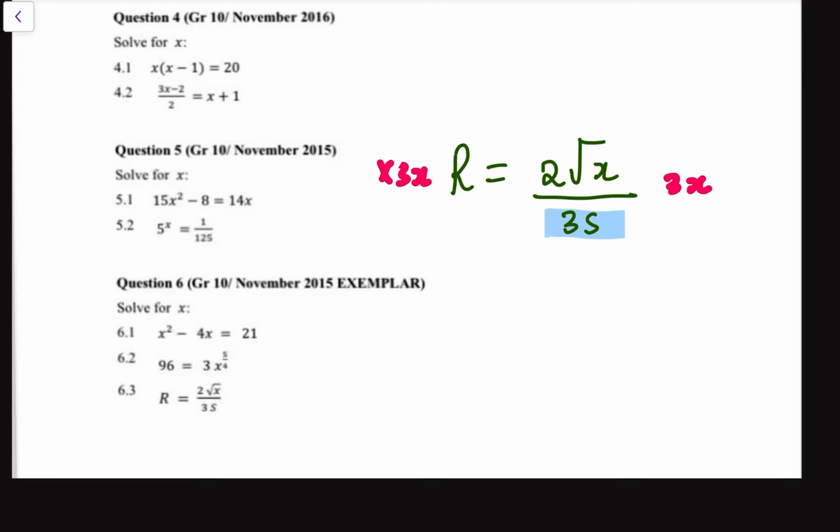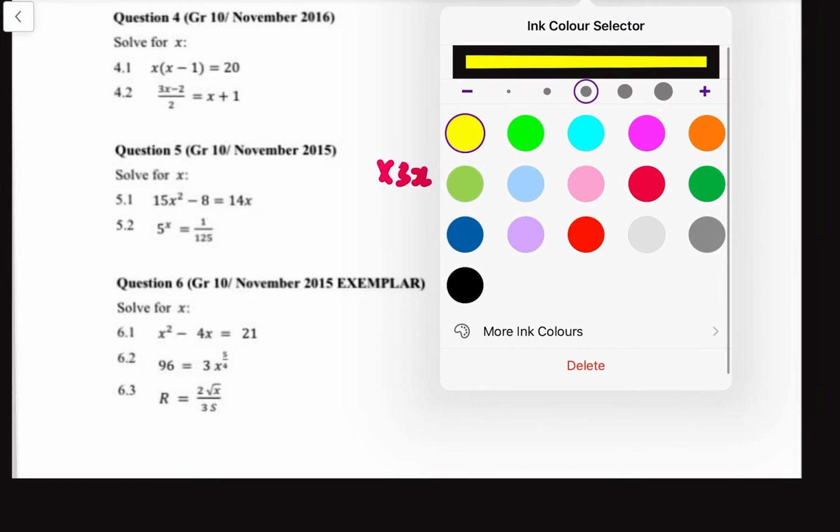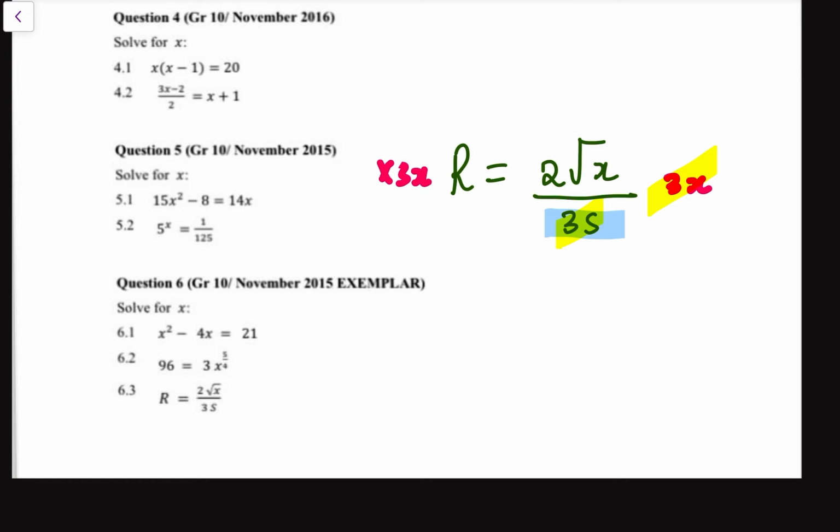Now this and that cancel. Not 3x, it's 3s. I'm not multiplying by 3x, but 3s. Originally we had 3s, so multiply by 3s here. Even this side, I will multiply by 3s. Oh, why am I writing x again? It's 3s. Now, this and that can now cancel. So we are left with